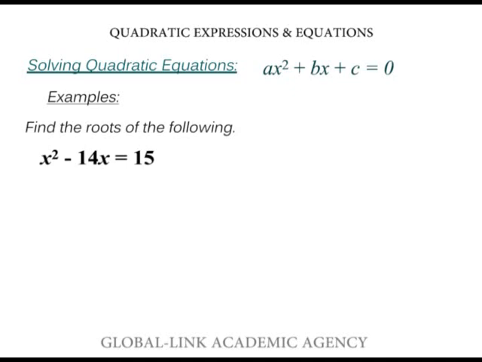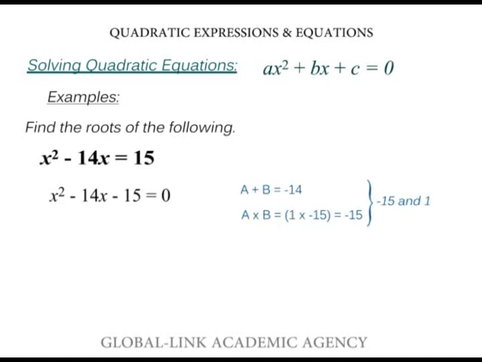B. x squared minus 14x is equal to 15. Write in standard form: x squared minus 14x minus 15 is equal to 0. Factorizing, our numbers are minus 15 and 1. x squared minus 15x plus x minus 15 is 0. Factorize: x into x minus 15,